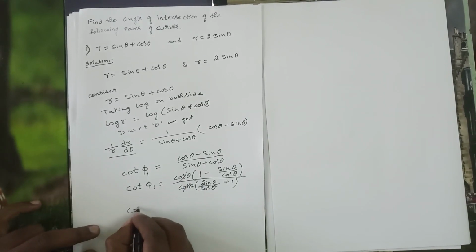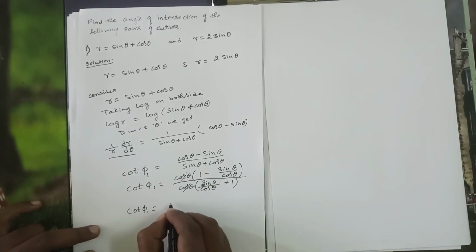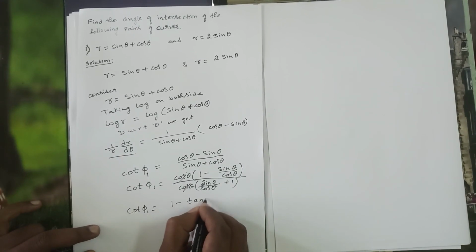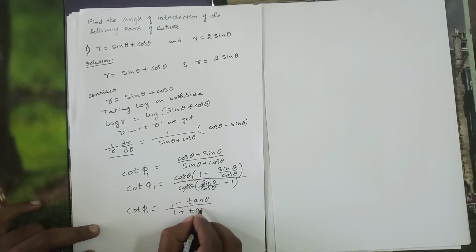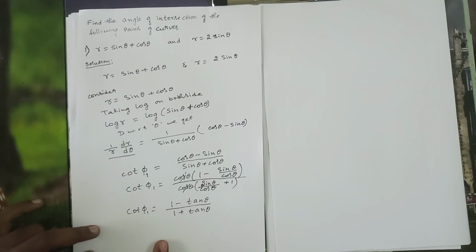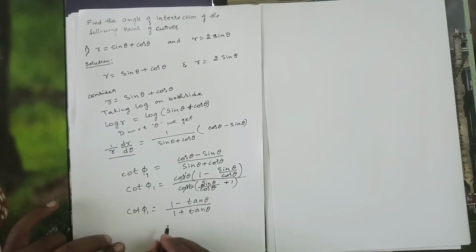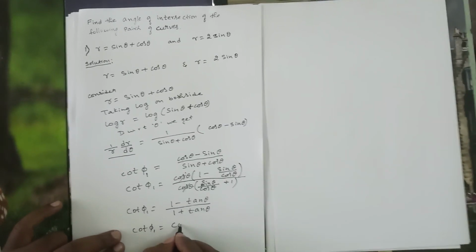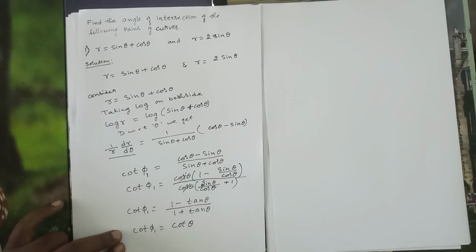So cot phi 1 equals 1 minus tan theta divided by 1 plus tan theta. By using the formula, this can be written as cot of